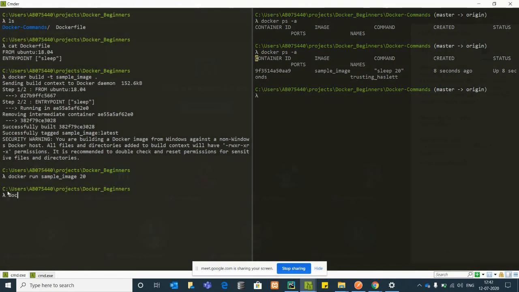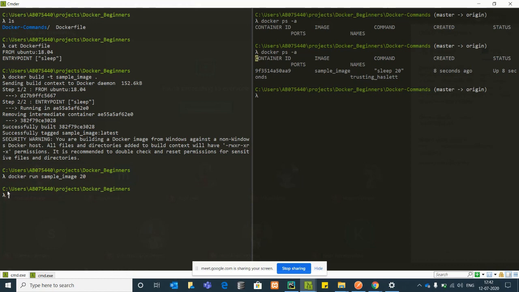So previously what we did was docker run ubuntu sleep, and we mentioned this 30. We don't want to mention this again and again, it doesn't look good, right? So the entry point is basically a command that will get executed when it enters that container first.